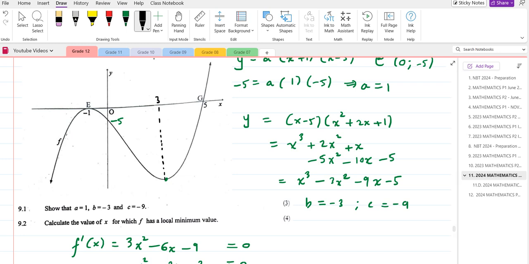That's 3. So 3 is the midpoint between these two. No, 3 minus 1 is 2. So you're going to get 1 at 1. That's where. Right, so we're looking for,